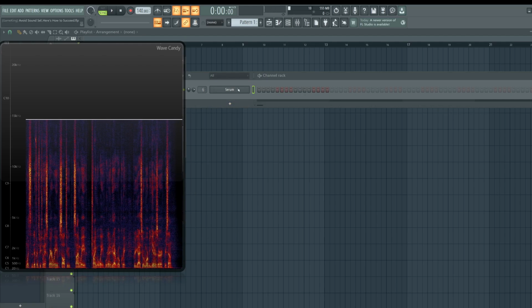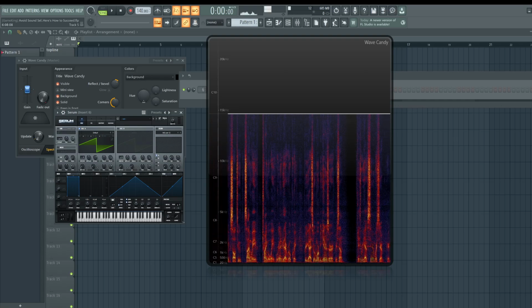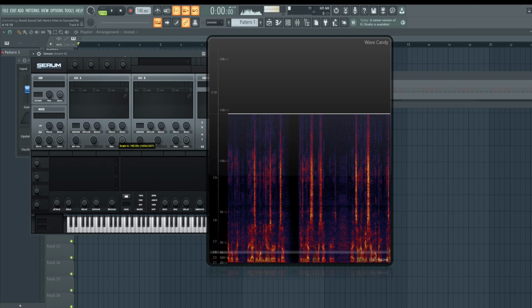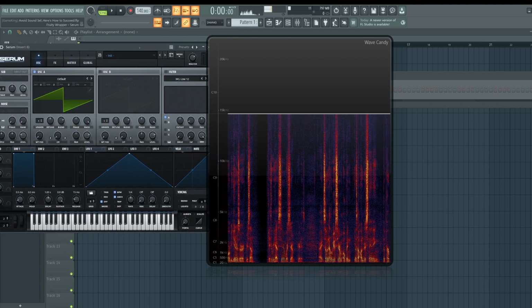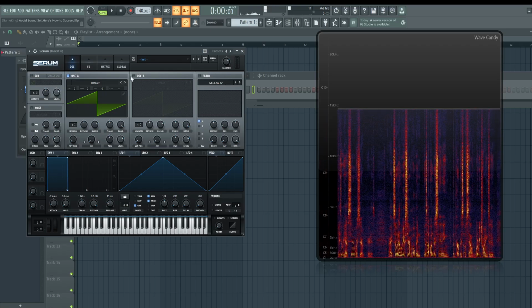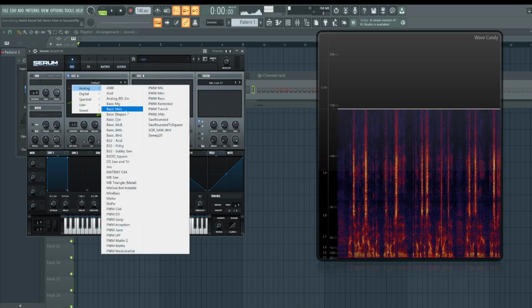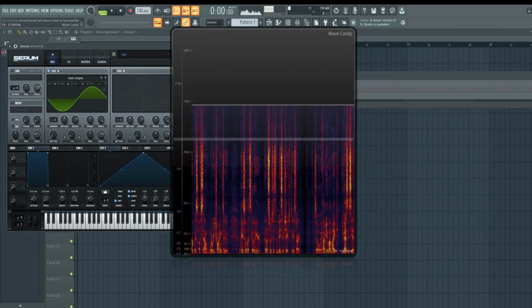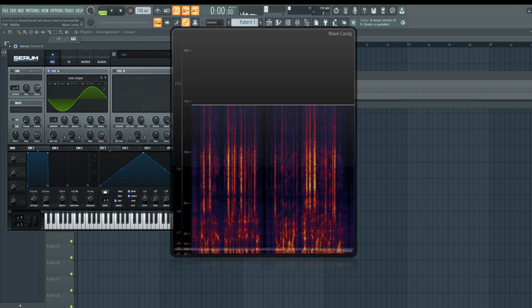Okay, so here we have Serum. Where's Serum? Here it is. All right, so now that we have Serum open, it's not about a plugin. It's about understanding the purpose of sound. What are we trying to do? Okay, so let's switch this to basic shapes to get started. If I mute my mic, you guys can see a sine wave is really just one frequency on this